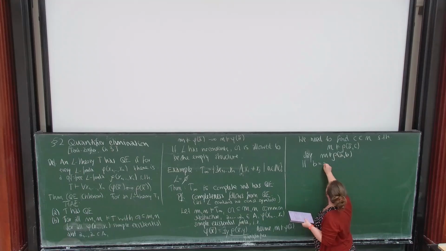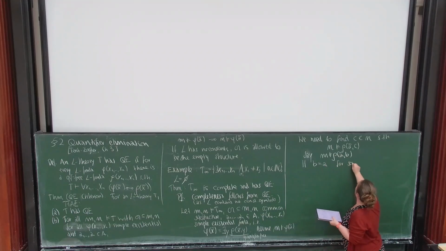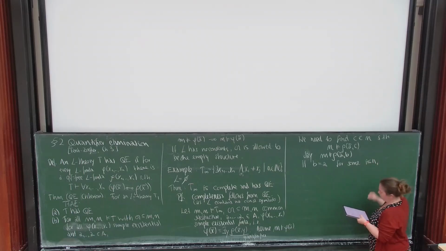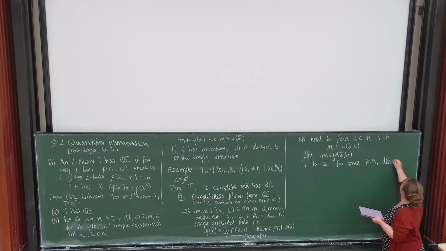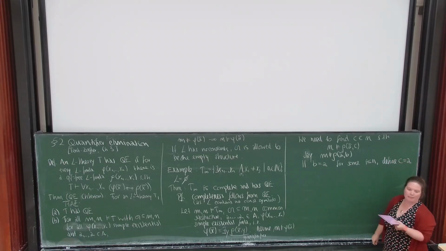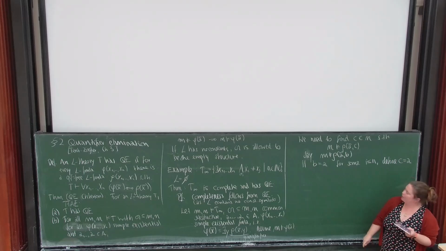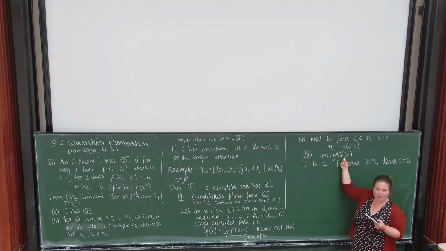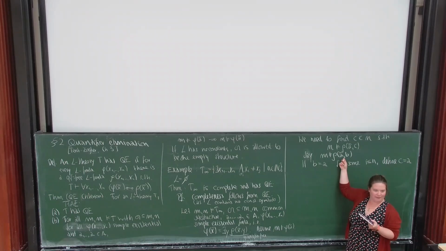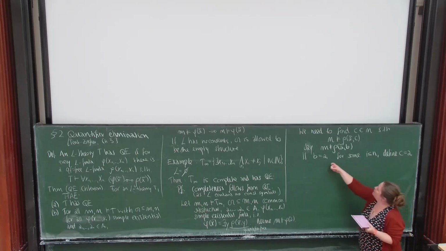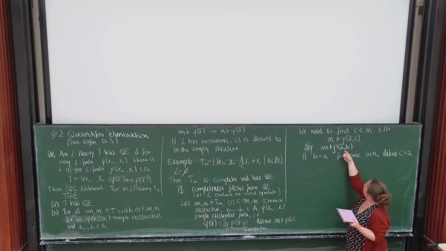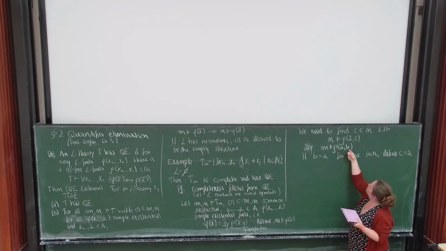If b is equal to one of the AIs, I can just set C to be the same AI. Because what can my formula say? It'll be a Boolean combination of statements of the form I'm equal to AI or I'm not equal to AI. There's nothing else my language can say. And so if the quantifier free formula rho holds for b